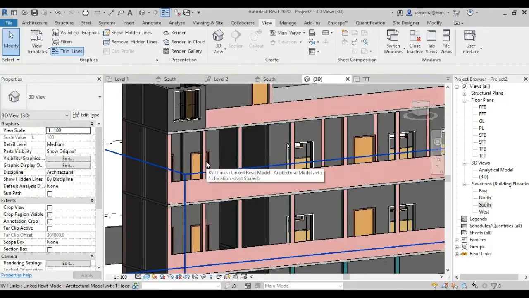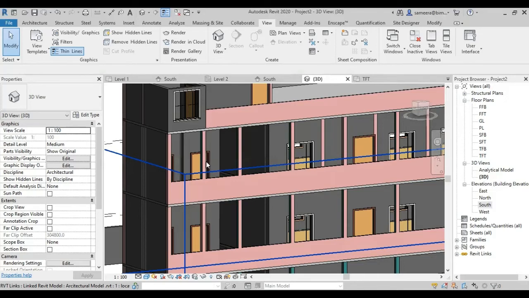But when it comes to the structural modeling part, I need to convert these architectural columns into structural ones. Then only am I able to provide reinforcement or detailing there. If it is an architectural column, I am not able to provide detailing. So how do I make copies of these architectural columns, and not only make copies, but also replace the architectural columns with structural ones?